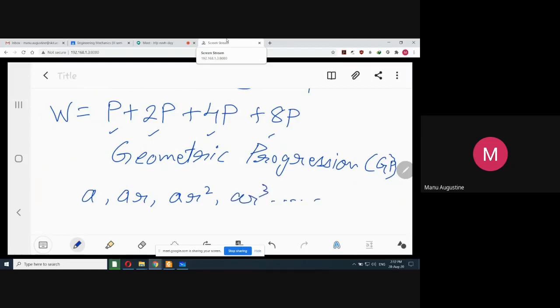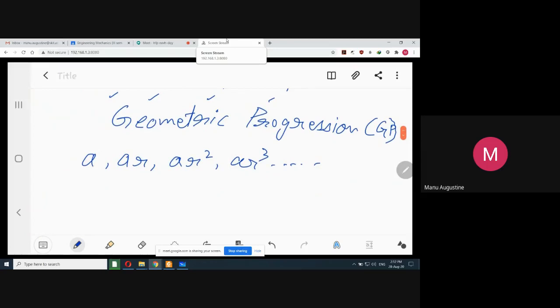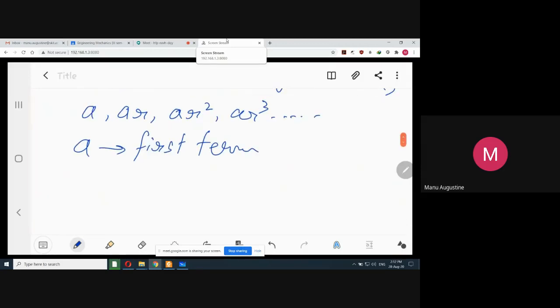This is called a geometric progression, where A is called the first term, R is called the common ratio,